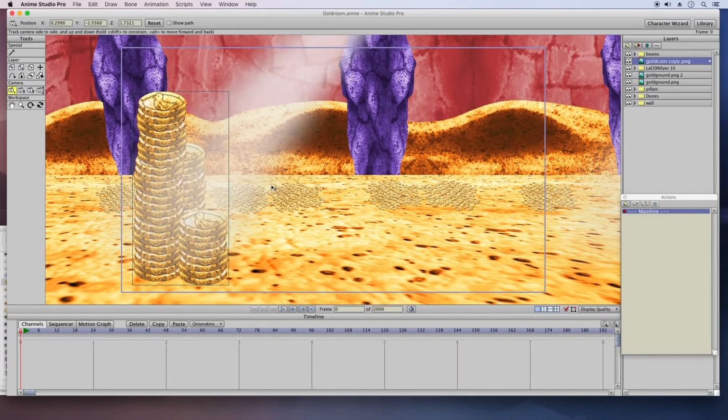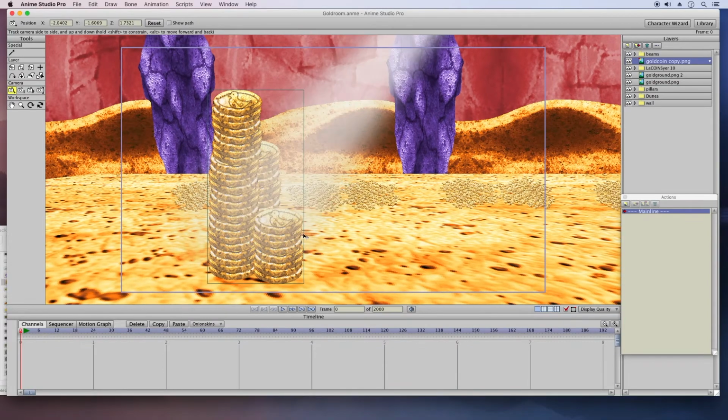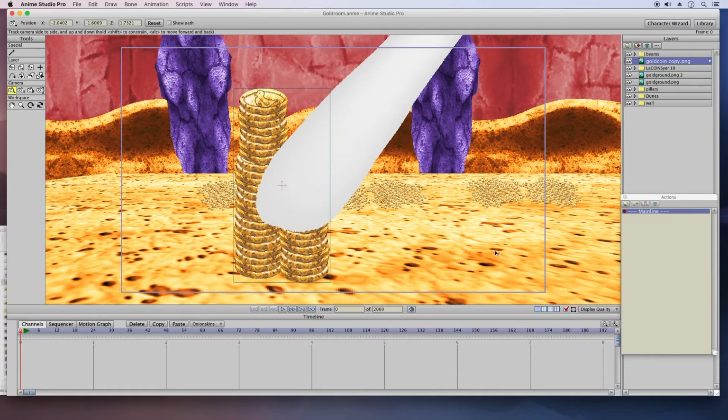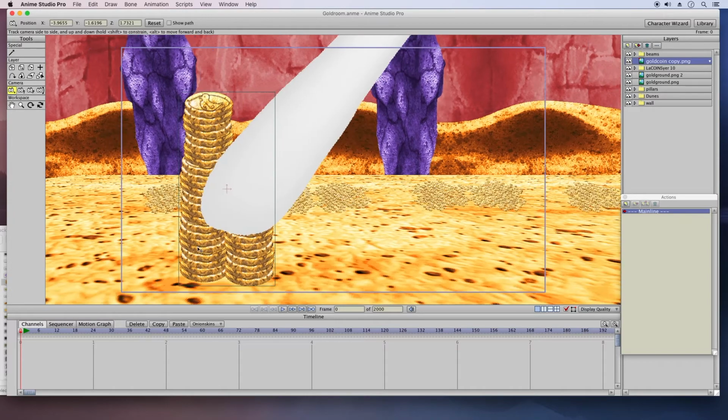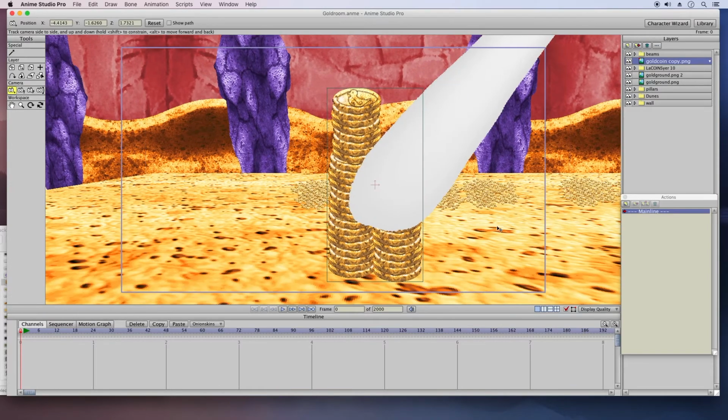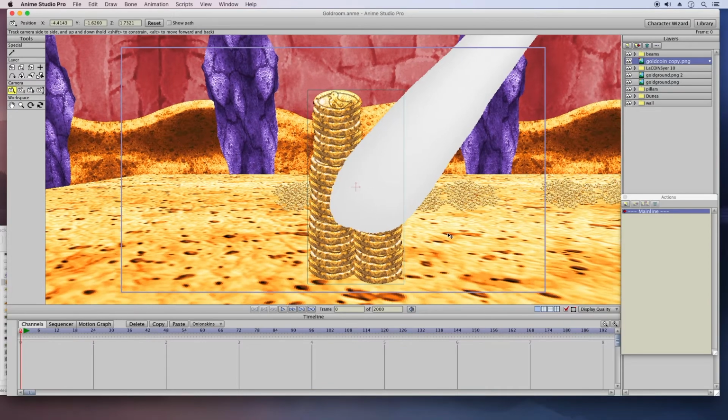See, these coins are wrong. They have to be going, let's say the coin was right there, so that little speck right there on the ground should not be sliding under the coins. The coins should be right over the top of it. So let's say I want to accomplish that. The way I would do it